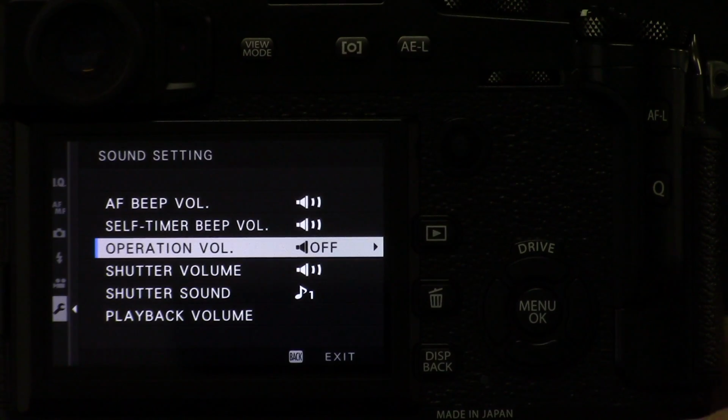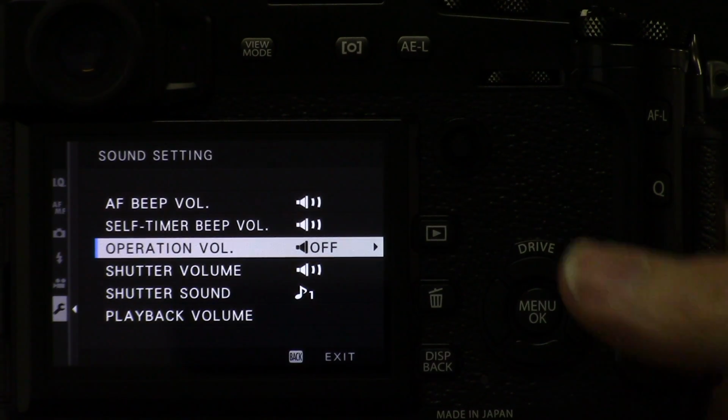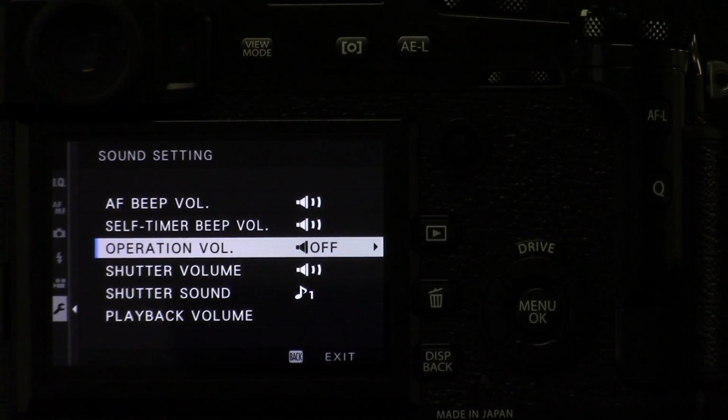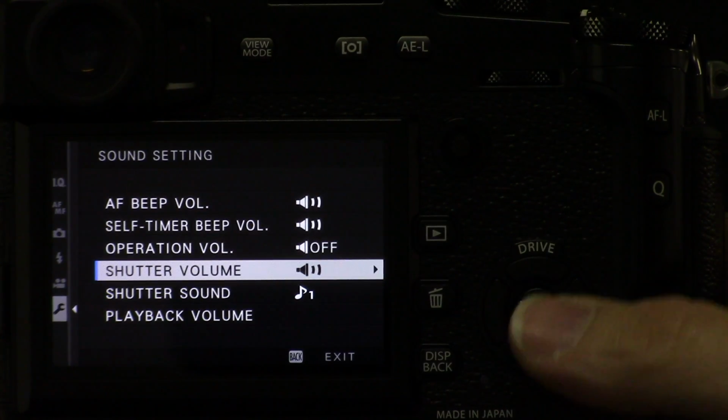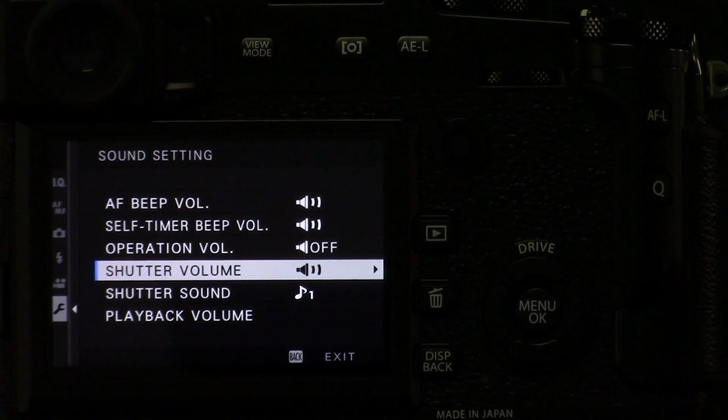The typical operation volume is just how, when you press buttons and do different things to the camera, it makes noises. How loud do you want it? I have mine off. The shutter volume, especially when you use electronic shutter, you could have the shutter